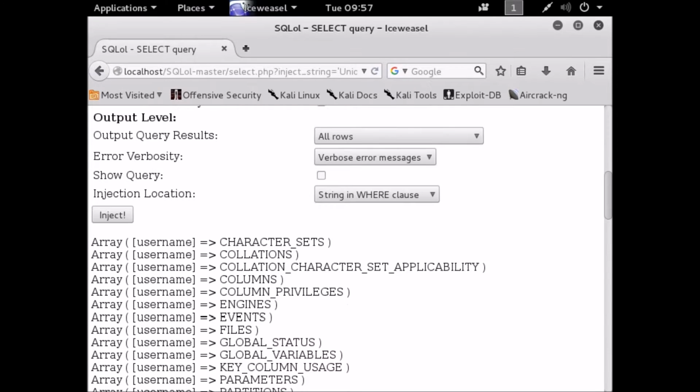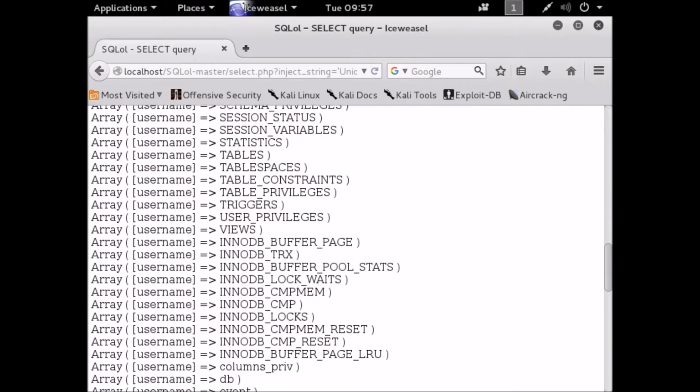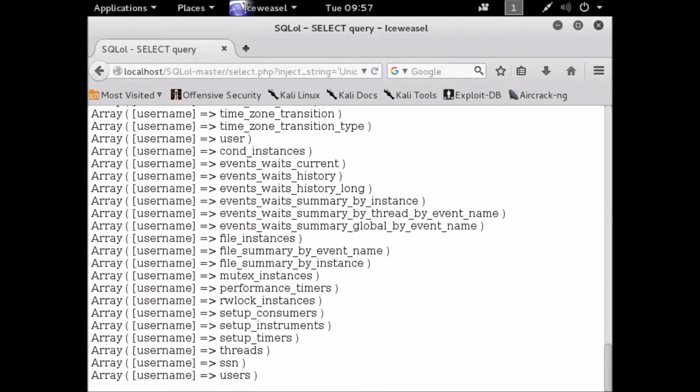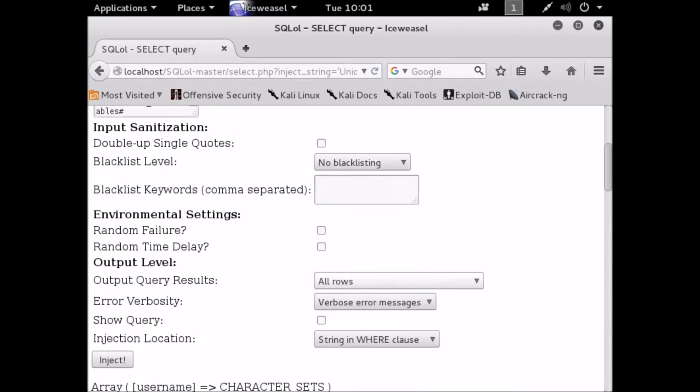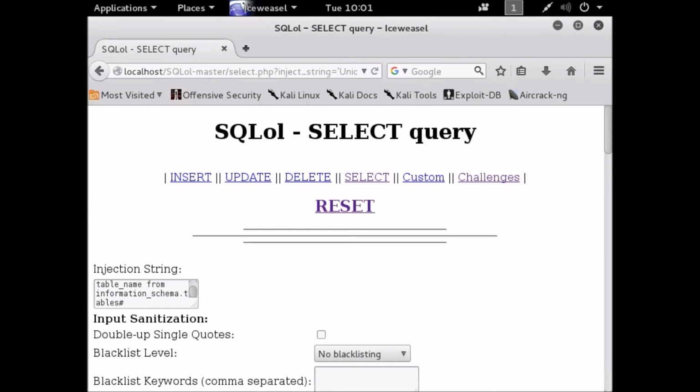So these are all the default or system tables that you see. If you scroll down, you'll find all the user-created tables, and this is the name of the table that we should probably be looking at, along with the name of the table that we were using just now. So now we have the name of the table, but the problem is that we don't have the names of the columns that we can get the SSNs from.